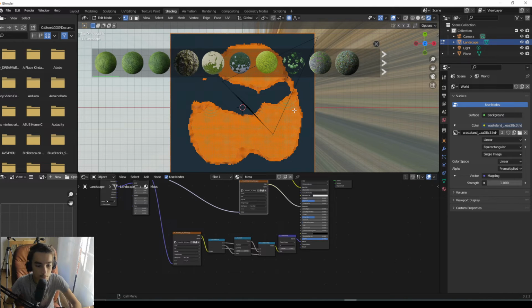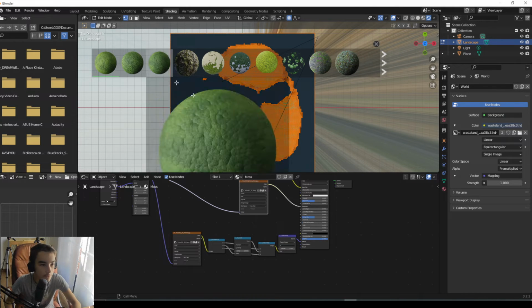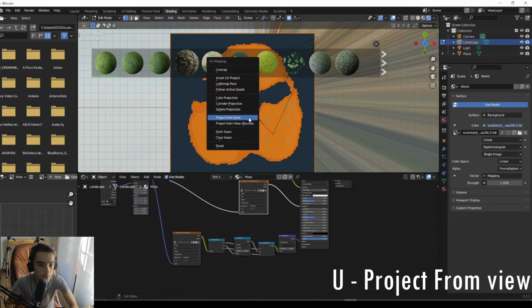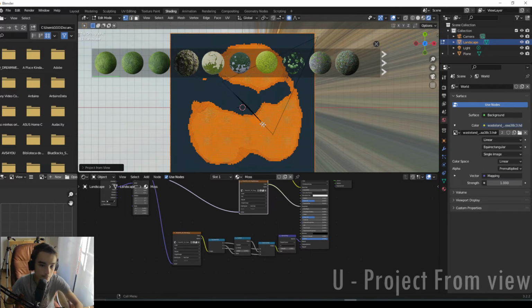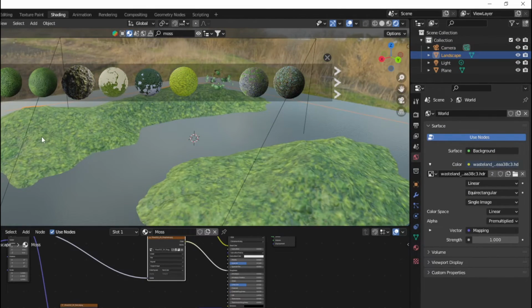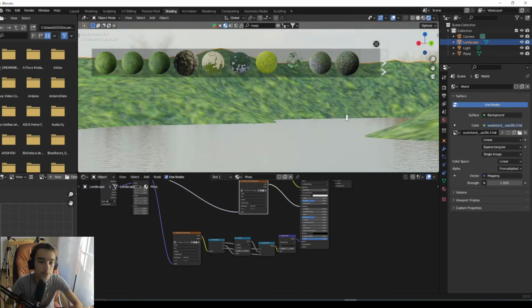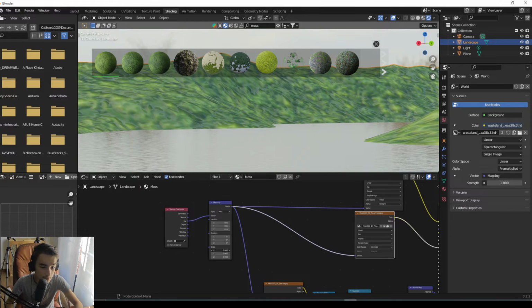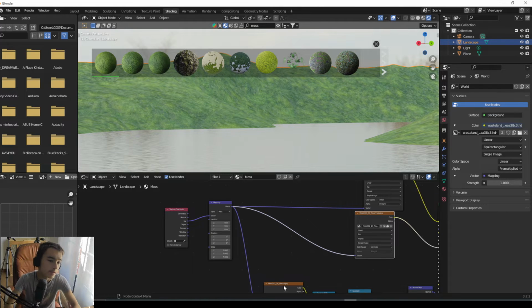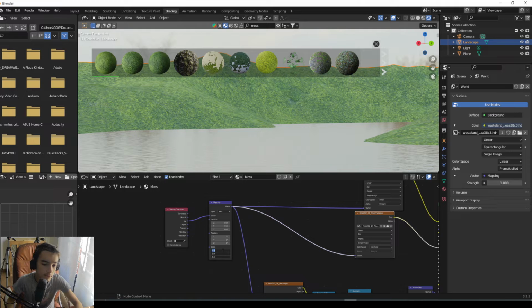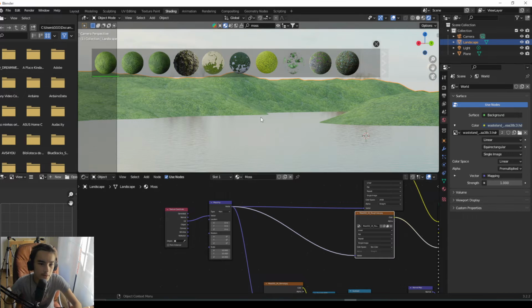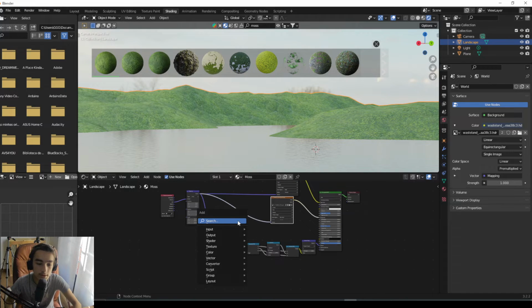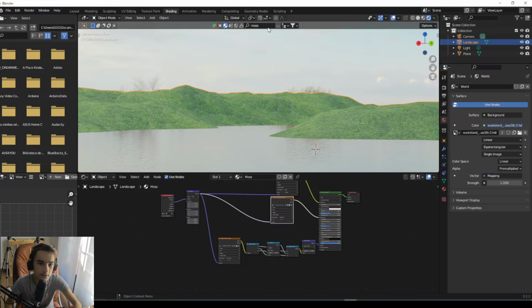then go to edit mode by hitting Tab or right here, and then go A, U, project, and wrap from view, project from view. And there you go, you can see it just projects from view, and we get that nice moss. But it's not totally realistic yet, so I'm just going to add a scale factor of, say, 10. That's looking much more realistic, and I also want to add some dirt, so go to search right here for